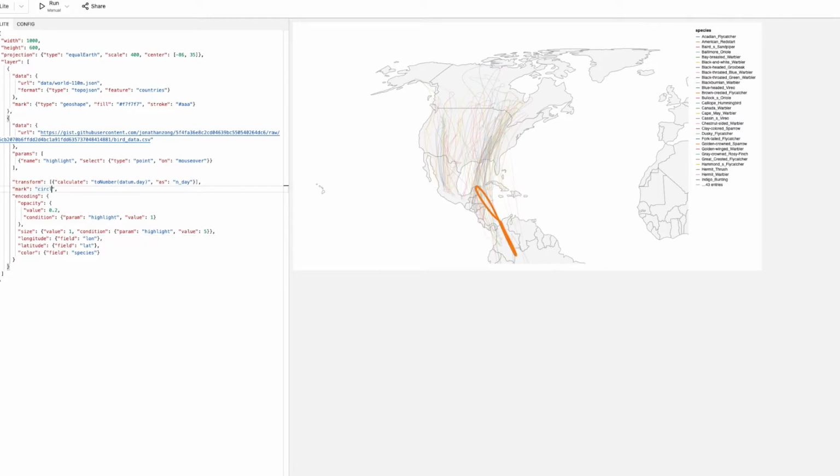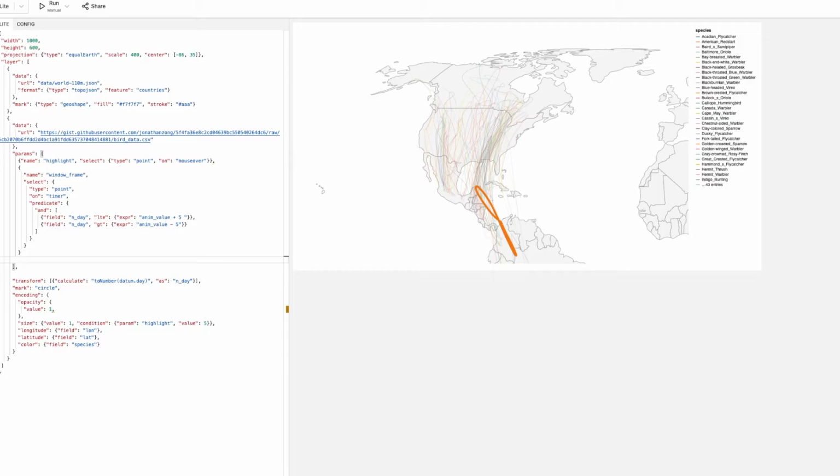But this isn't sufficient for Amani, and she needs to be able to see a bit more of the temporal values of when these paths are overlapping. So she goes over to her editor and begins editing to get an animated view. Improving the opacity and setting it equal to 1, as we're only going to be showing circles for each of the birds. Amani begins to make the edits necessary to create the animated visualization by adding in a window frame